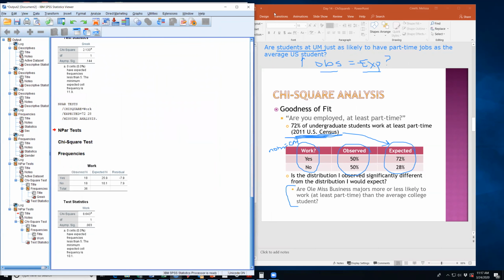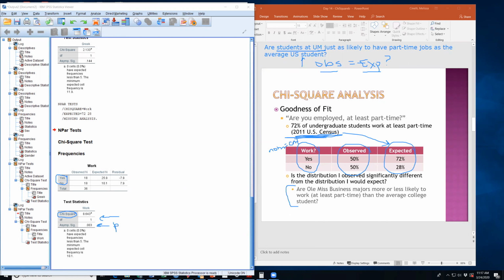All right, here's the results of this test. Here's our observed 50-50. Here is the 72-28 converted to counts by multiplying 72% of 36 is 25.9, etc. Down here, we have our chi-square statistic is 8.643. The degrees of freedom are 1 again because we had 2 possible response options. And now our p-value